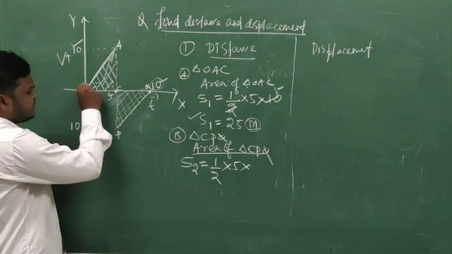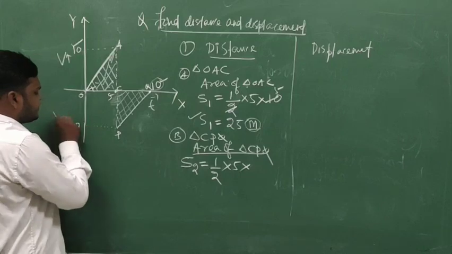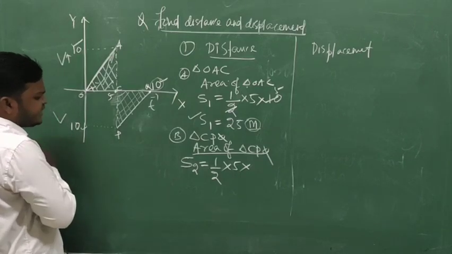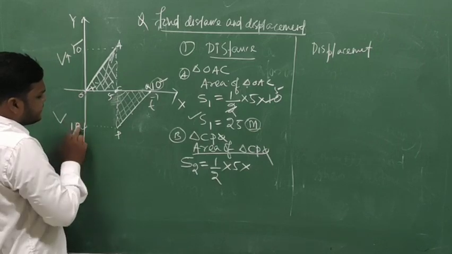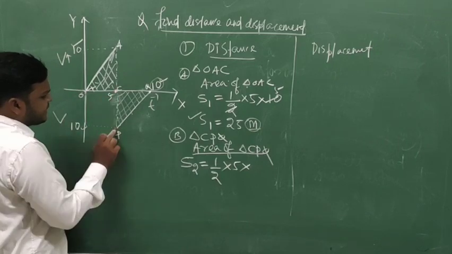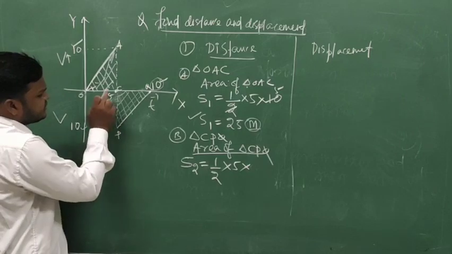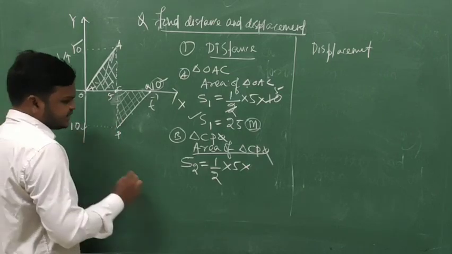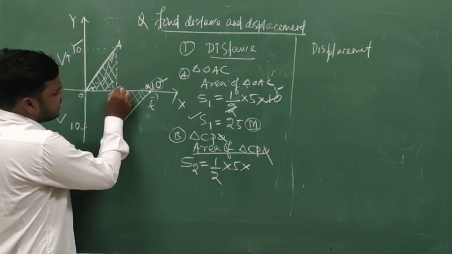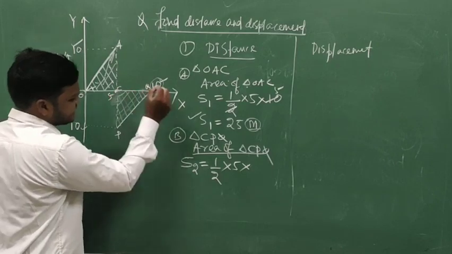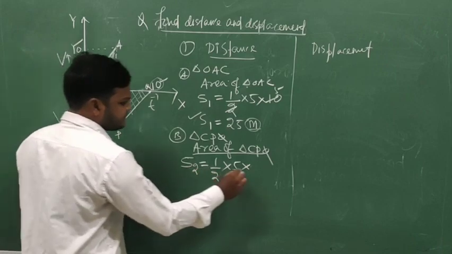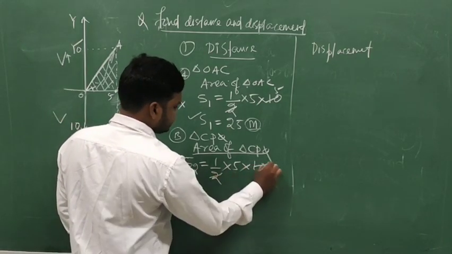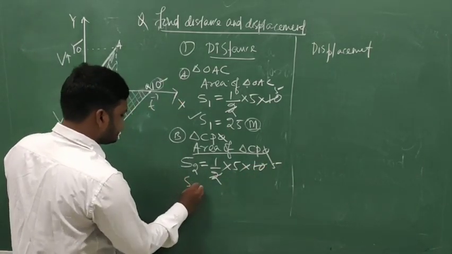So CQ is equal to 5, and the perpendicular CP is parallel to the O10. So origin to this velocity in negative direction is 10, so this is equal to 10, which is parallel to the CP, so we can use CP is equal to 10. So half into base, use 5, and for perpendicular use 10. In this case also distance is